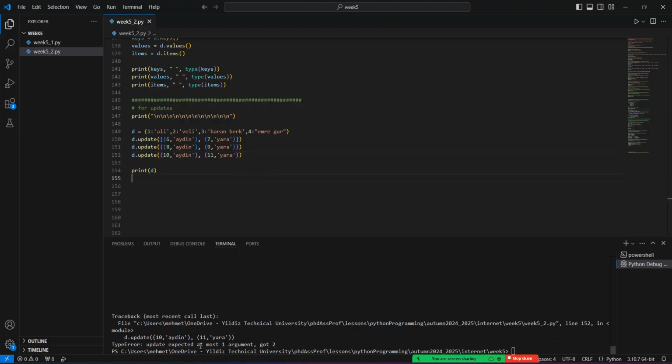See, update expected at most one argument, got 2, which means that we cannot put the arguments as 3 or 2 in here. Update must always get one argument, which means that if we have 2 updated values, we can collect these values by using the tuple or list values. Okay,